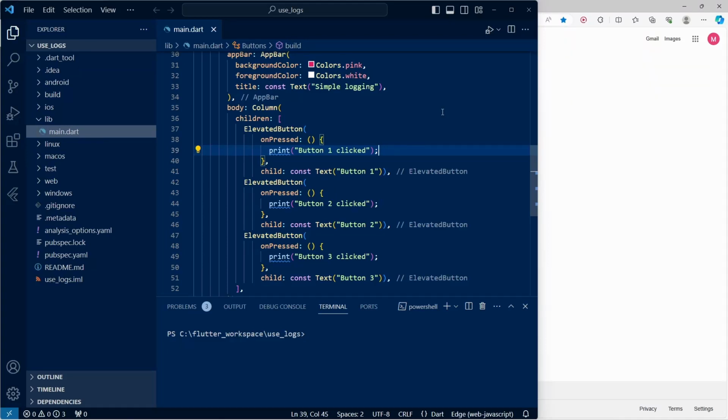Let's see how to use the Flutter development tools to create logs during runtime and view them. So as you can see right now, I have a very simple application, and it basically has a column, and within this column it has 3 buttons. 1, 2, 3 buttons, and whenever the user clicks on any of them, we use print to create an appropriate